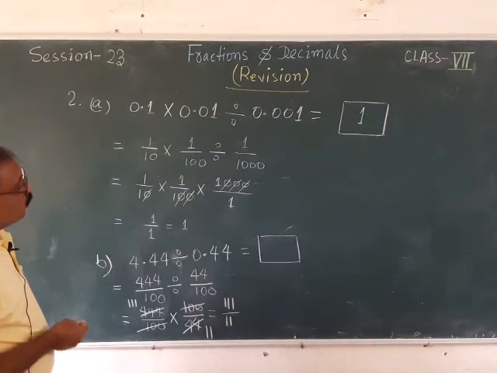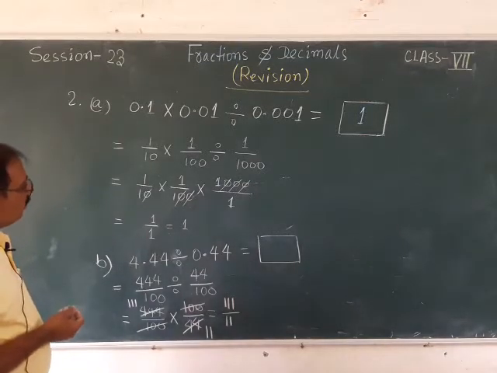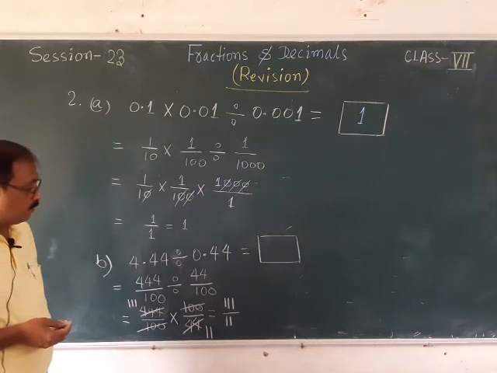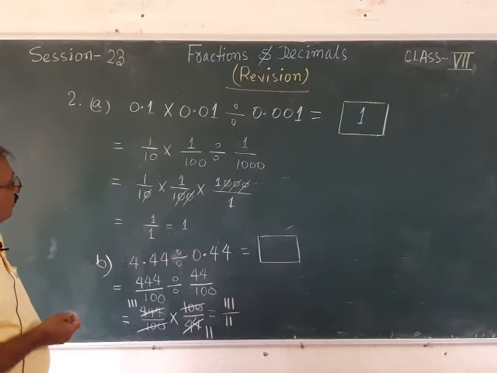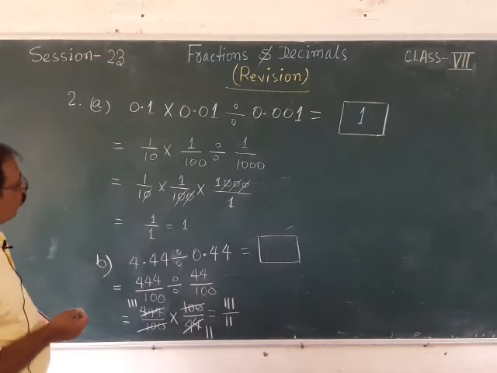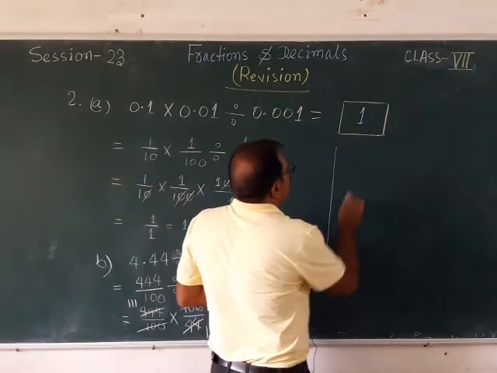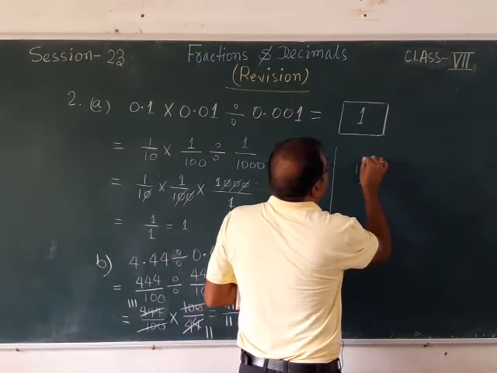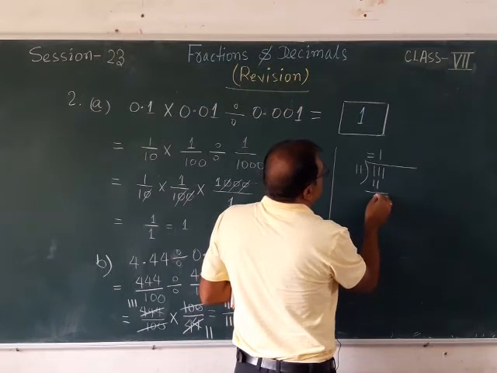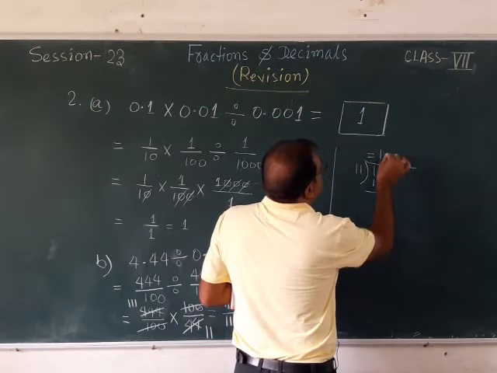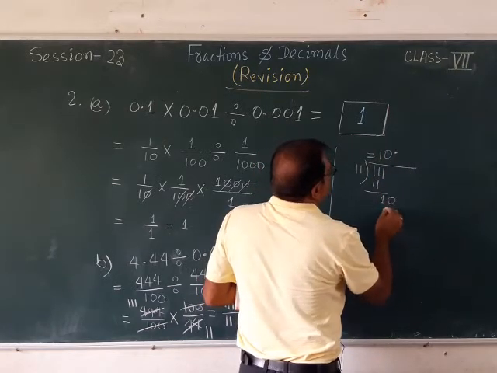Now you have to write the answer in decimal or a fraction. If the question is from decimal, you need to change it to decimal form. So how to change this number into decimal form? 111 should be divided by 11. So here just see what I am going to do. I will divide 111 by 11. 11 ones are 11. Here 11 is cancelled and 1 is left. That means you need to put a 0, then you can take a point and write 0 1 0.